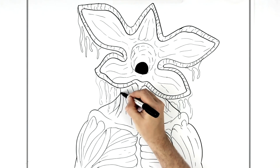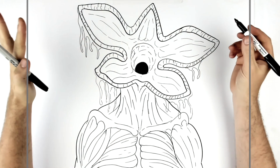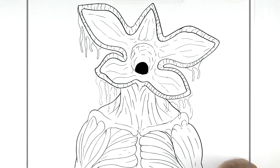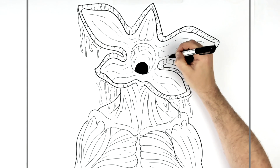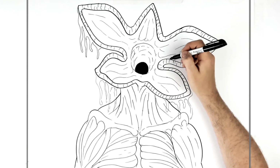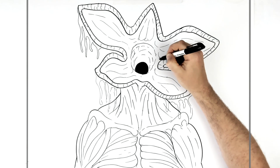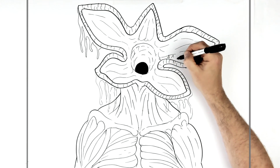Then teeth, okay? So this is just layers and layers and layers of teeth. So easiest way is to go like V's. I'll do the first layer and then I'll probably speed it up because it'll take ages. So like this kind of shape, right? So you'll just go like this. So if you just do these V's first,